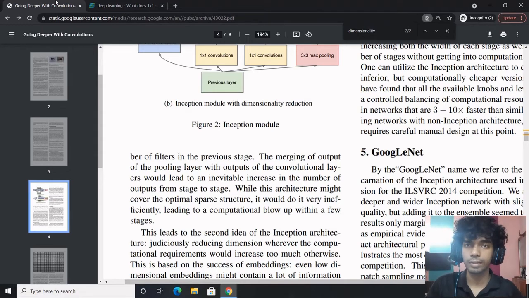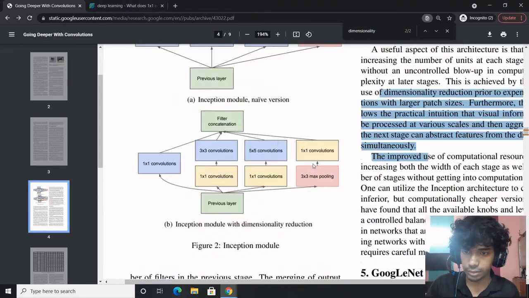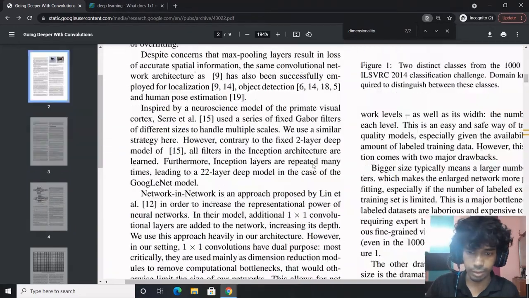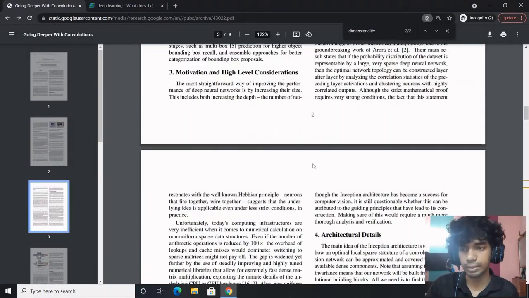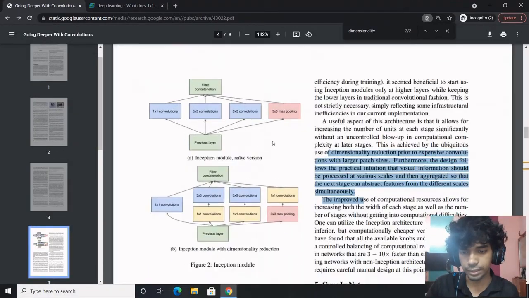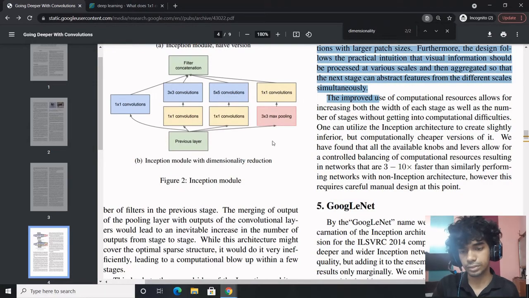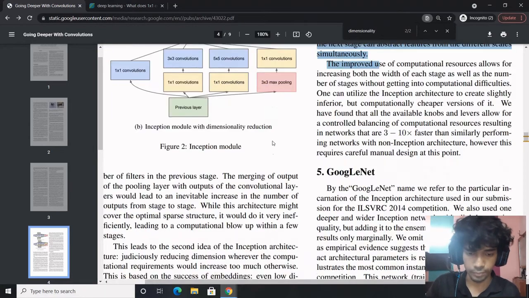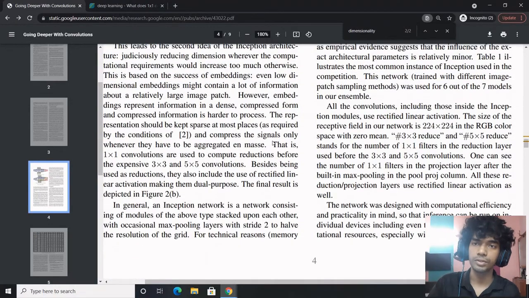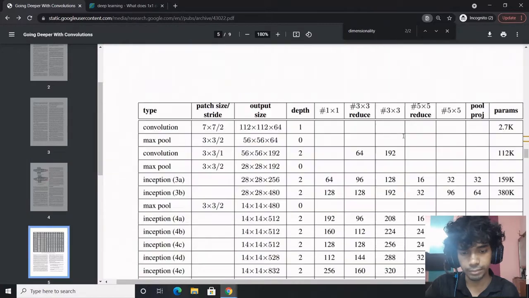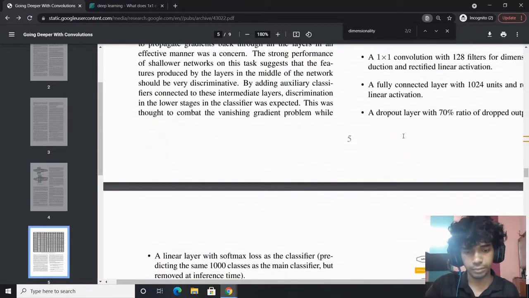In the next session we will implement the GoogleNet architecture from scratch. What I found on the internet is the official paper which introduced the GoogleNet architecture, which was an extension to the Xception module. I will not read the paper with you, that would take a lot of time, but I will try to implement it based on the information provided.